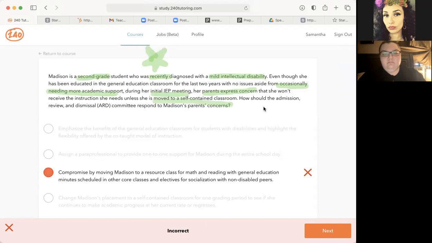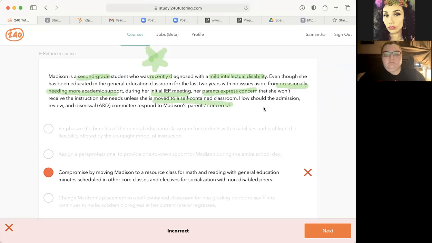Okay, so let's talk about the keywords and phrases that we have here, the things that we know about special education, and what might be a logical response without even reading the responses. I haven't read the responses at all. She's only in the second grade. She was just recently diagnosed, and it's a mild intellectual disability. And she is able to have success in a general ed classroom with minimal academic support. And the goal of special education is to provide the least restrictive learning environment. That is the key goal.